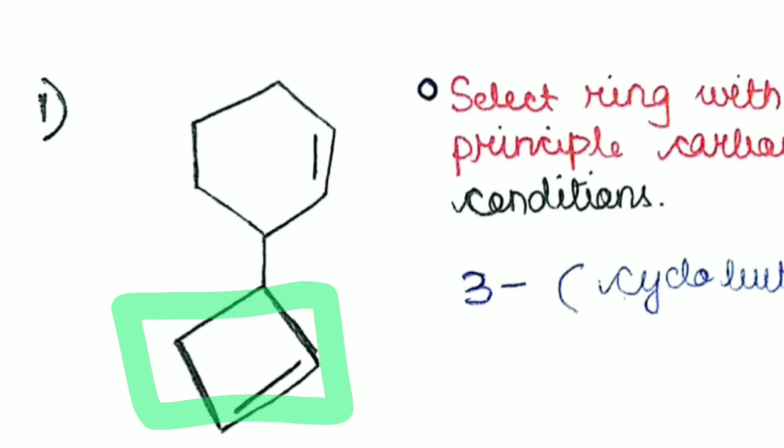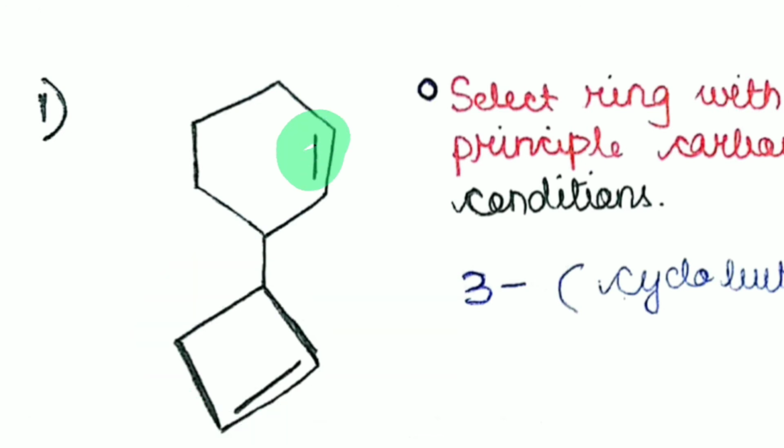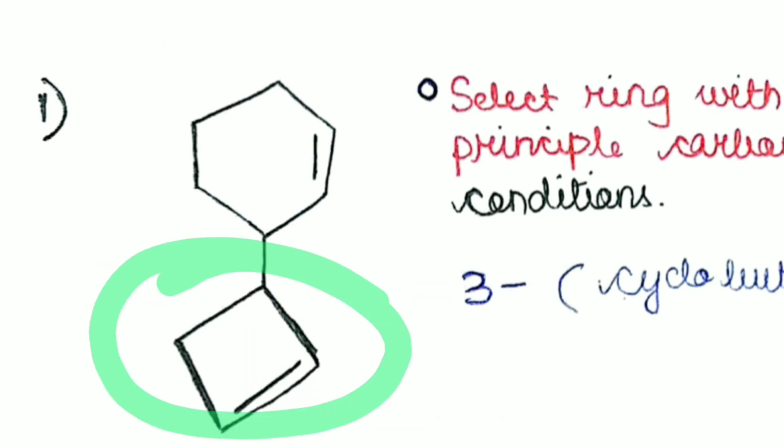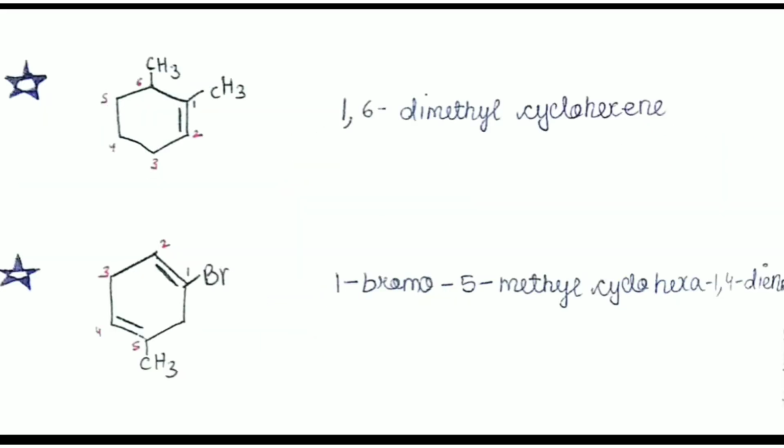Also, guys, the conditions are identical for both these rings. We can see that both have 1 double bond in them and both are rings with no substituent other than the double bond attached to them. So that's why we are going to take the cyclobutene part as the substituent, and the cyclohexene will be our principal carbon chain. Now again, the double bond will get 1, 2 locant. That is for sure. That is the rule. So now should we start our numbering from the anti-clockwise sense or the clockwise sense, guys?